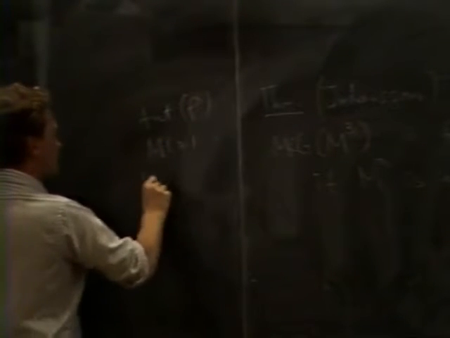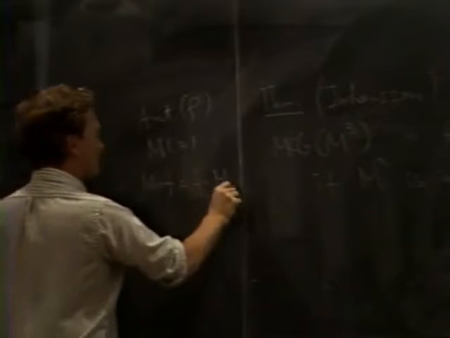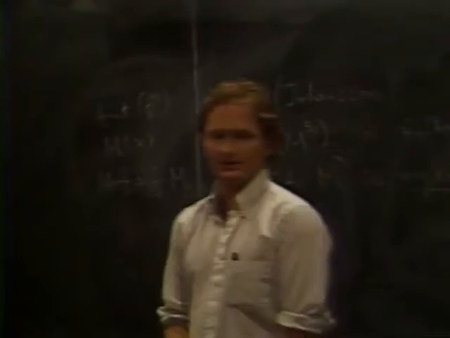Then there's the automorphism group of f. This is a group of Mobius transformations which commute with the rational map f. So the automorphism group of f is the set of Mobius transformations m such that m composed with f is equal to f composed with m on the whole Riemann sphere. Now, it's not hard to see this is actually a finite group of Mobius transformations and a very simple structure.